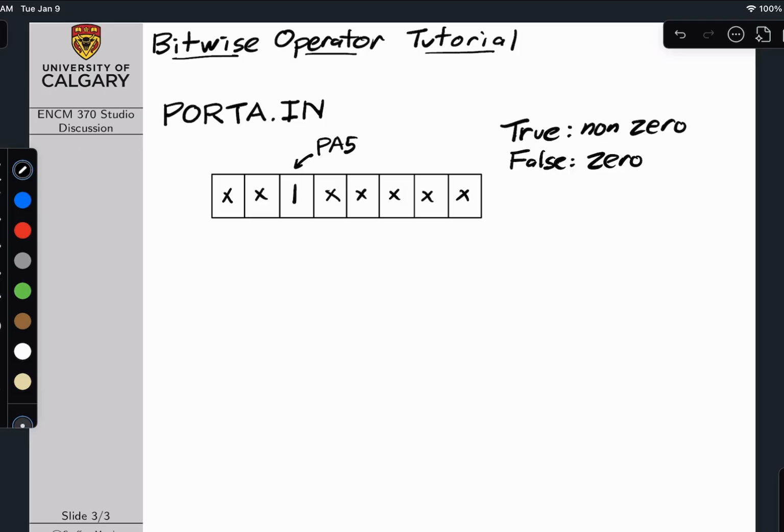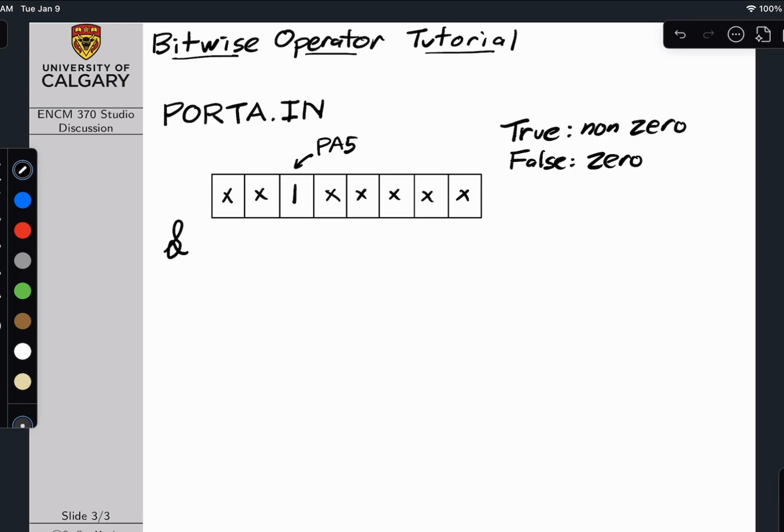variable type. Well, there is a Boolean variable type in C and C++, I think, but generally we don't have to use them, so we can just test regular old integers for true or false, and if the integer is equal to 0, it's false, and if it's any number other than 0, it's considered true. And so we want to determine if PA5 is 1 or 0 or true or false. And so the way we do that is by ANDing